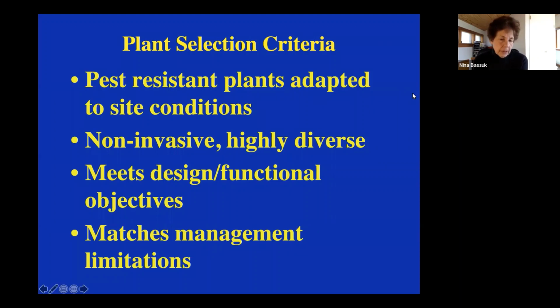If we put wet plants that need lots of water in a dry area, then you're going to have to come and water it. Well, that's often not a possibility for most places, and so we want to choose the plant that has the least management needs and will meet the management limitations of your site, your municipality. So these are four things that I think are important to think about when you're selecting